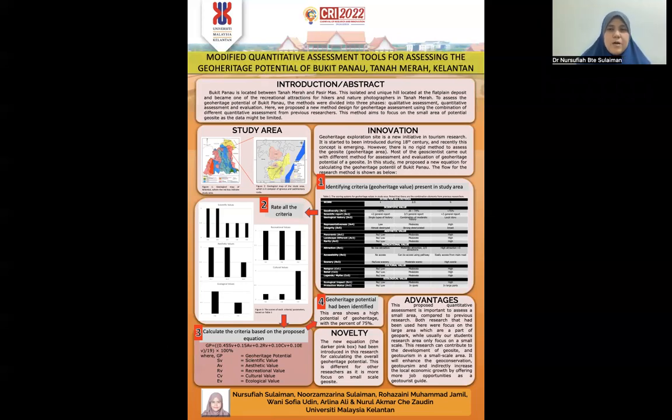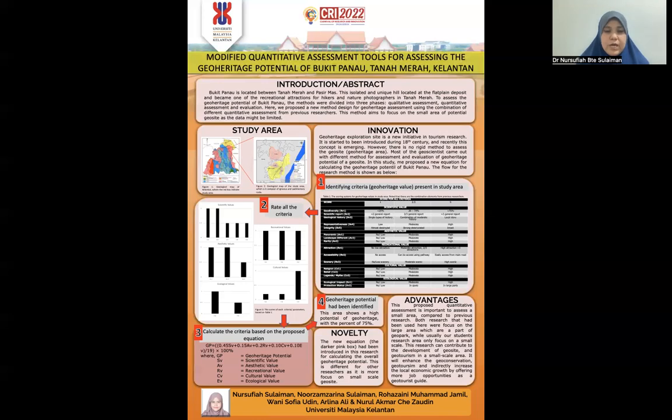For example, most geoheritage sites have a lot of scientific value, so we give the ratio of 0.45 for the scientific value. And also because this area is already considered a recreational area, we give another higher value for the recreational value, 0.2,